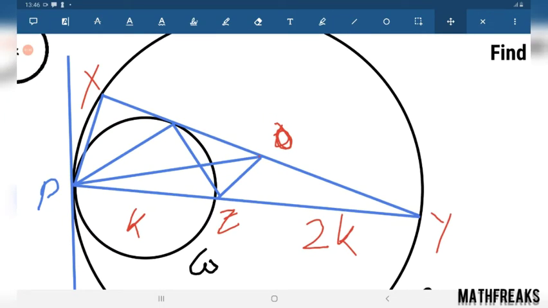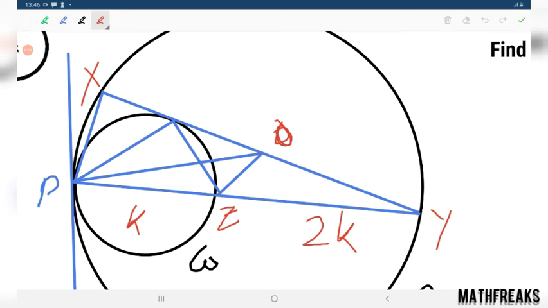Now how do you solve this problem? Solving the problem is very easy. First of all, this is the common tangent to the smaller circle and larger circle, and this is the point joining the common tangent and the center of the larger circle. So the center of the smaller circle lies on this point only. That is the first thing to note. The center of the smaller circle lies here, some O dash. This was very important.